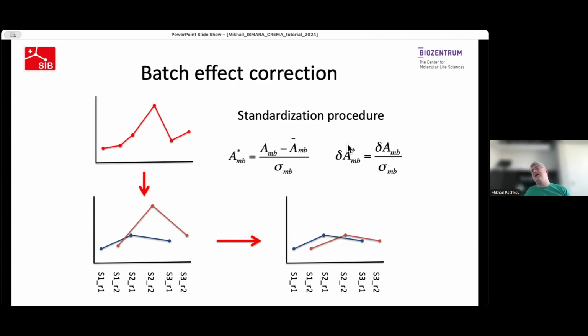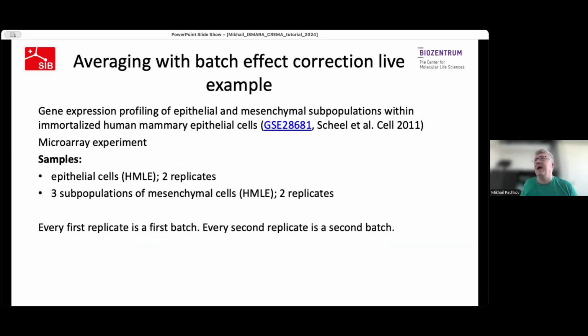And we also rescale error bars in this case by the variance of activities within a group. And once we standardize data like this, you see what is happening. Basically, it was rescaled and shifted. And after this standardization, we apply the averaging procedure. And this I'm going again to show with